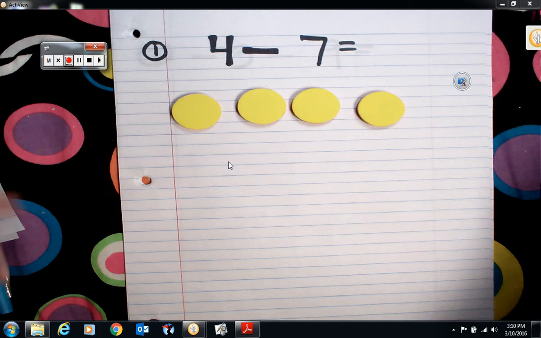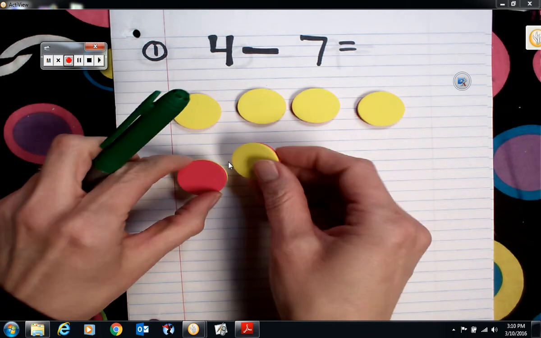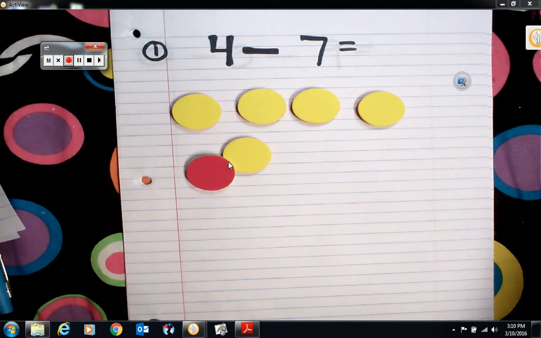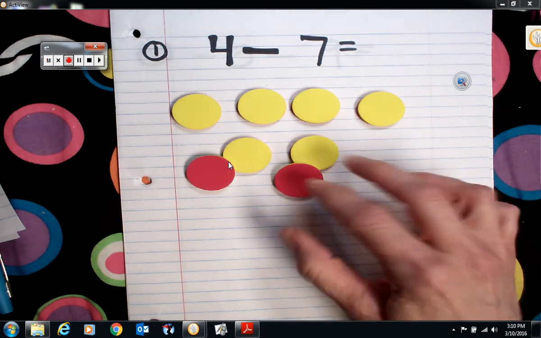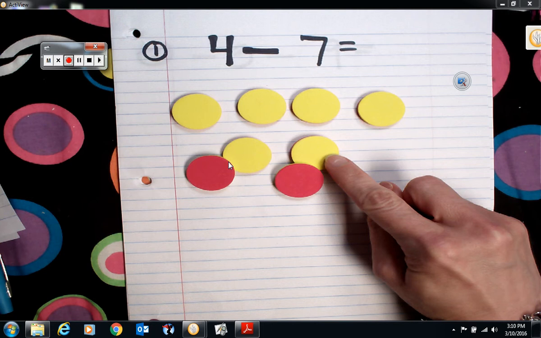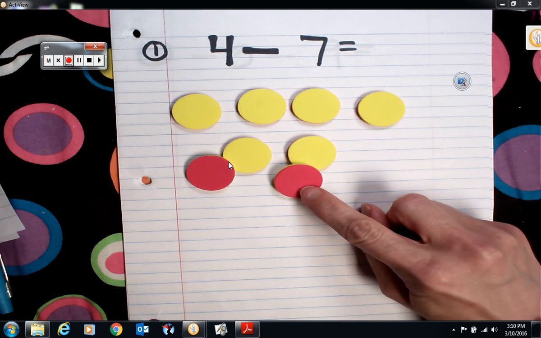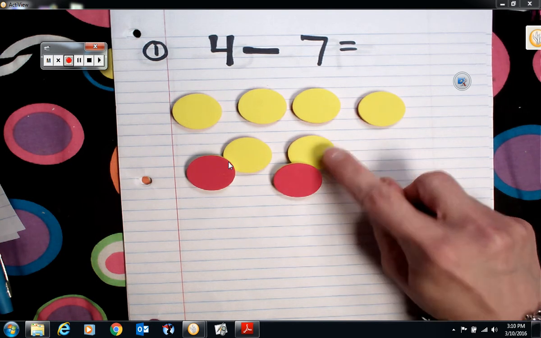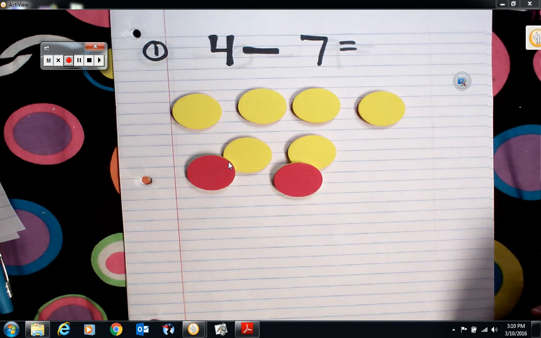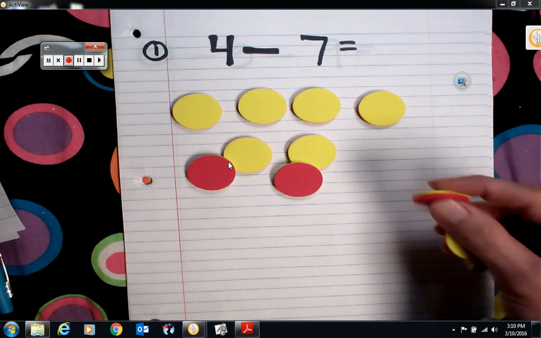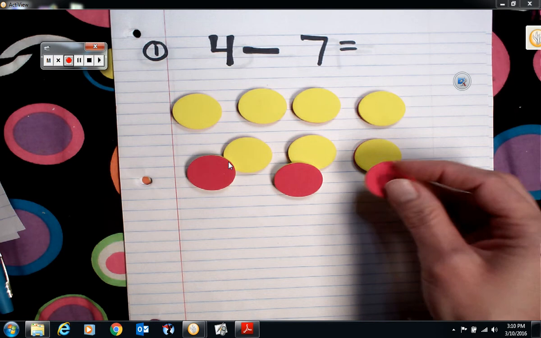So that I can add more chips to my board, I'm going to add 3 zero pairs. And the reason why I'm going to add 3 zero pairs is because this represents plus 1. The red represents minus 1. So plus 1 minus 1 means I haven't added any value to the chips on my board, but now I have more chips to work with. And so I need to add 3 zero pairs so that I end up with 7 yellows that I can